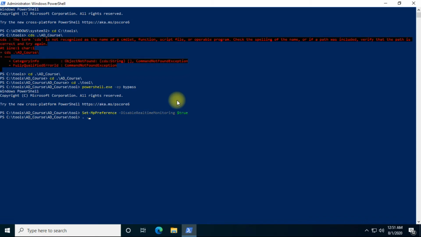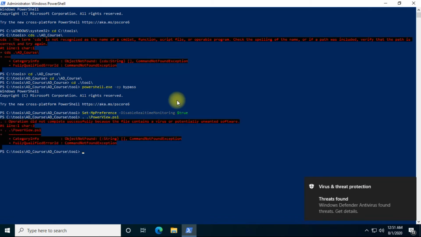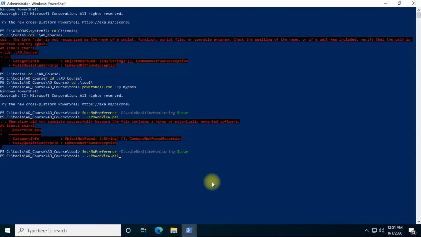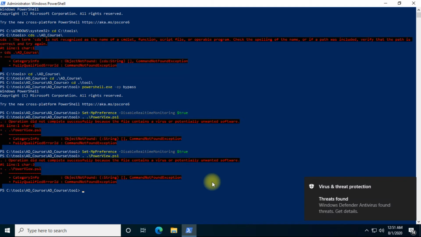Now the antivirus is completely stopped. There is a PowerShell script that we call PowerView. This is one of the scripts you can use for the enumeration of the domain. Other than that, we also have the AD module, which we can use, but in this tutorial I am using only PowerView. As we can see, right now it's getting detected. Maybe the antivirus is not disabled yet, so we have to try once again.